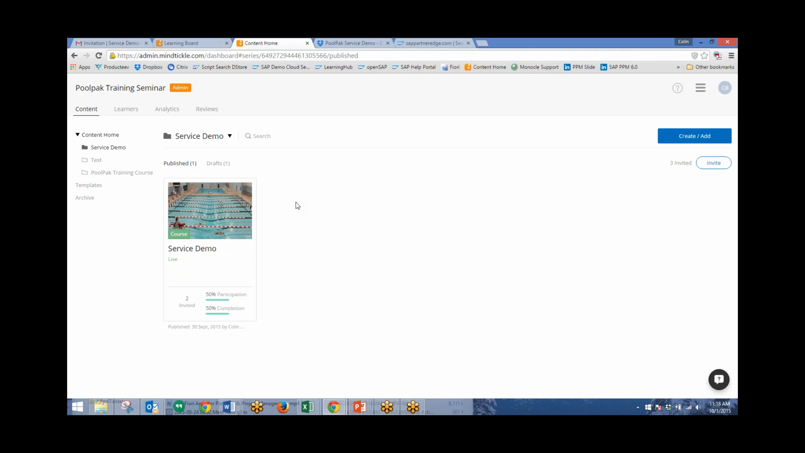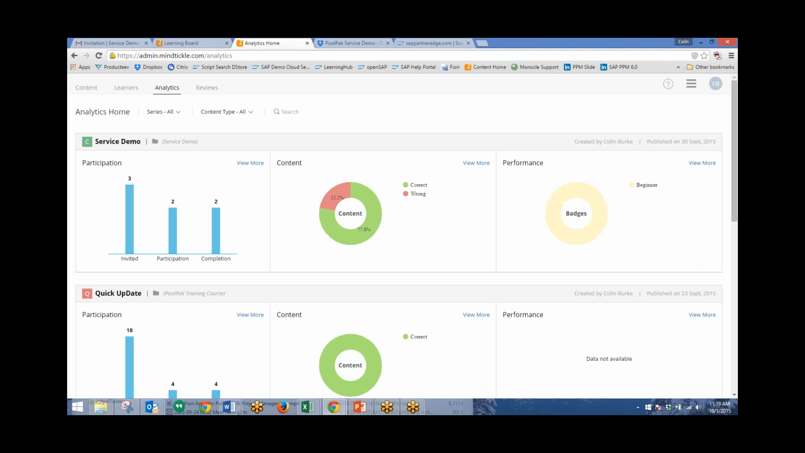So this is what an administrator would see for their course. We have the service demo tile here, but instantly we can see the participation percentages as well as completion rates. Now, a big part of administrative privileges is the ability to look at the analytics. So these will allow you to view a variety of different data for your courses with everything from participation to